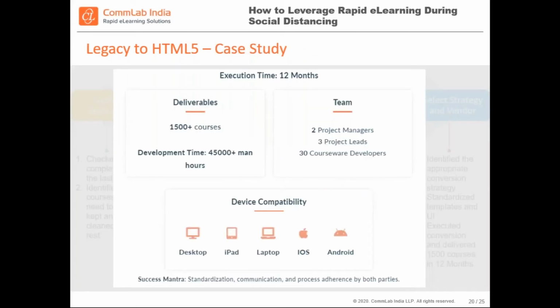So just to give you an idea of the scale, this was from a recent project that we did. Again, the deliverables were 1,500 courses, rebuilt from Flash into newer authoring tools. It took 45,000 plus man hours. It took 30 developers, 3 leads, and 2 project managers. But by the end, we had these courses compatible for all the devices that our client was interested in for having their Salesforce use.